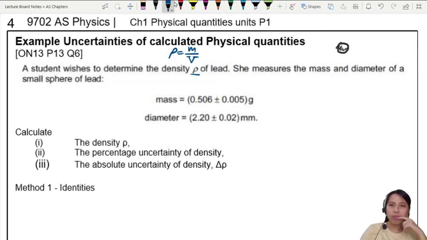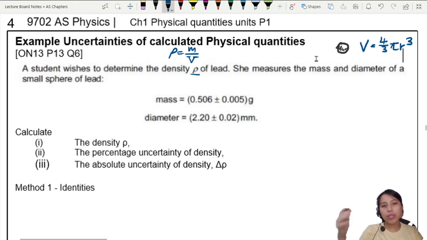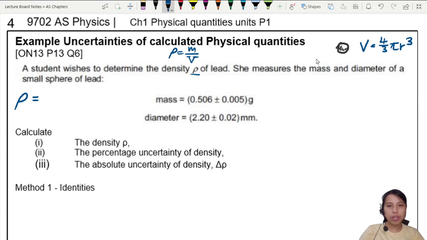But volume of a sphere? Oh, volume of a sphere. Gotta remember the maths a bit. Volume of a sphere is 4/3 pi r cubed. Of course, you can convert that in terms of diameter, but I'm just writing the general one. So if you put these two together, what you have is a density equation, which is m over